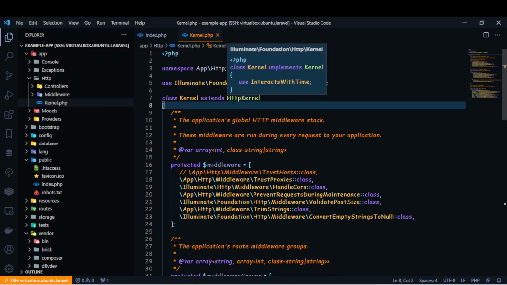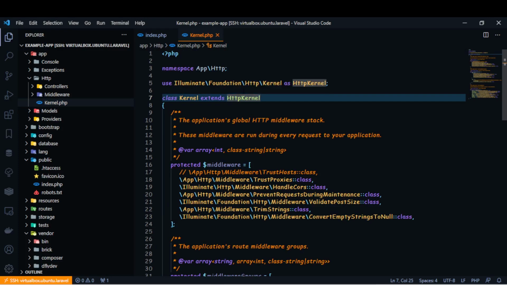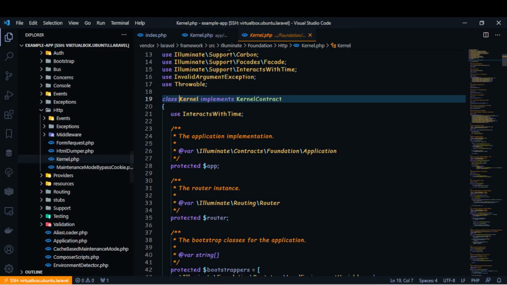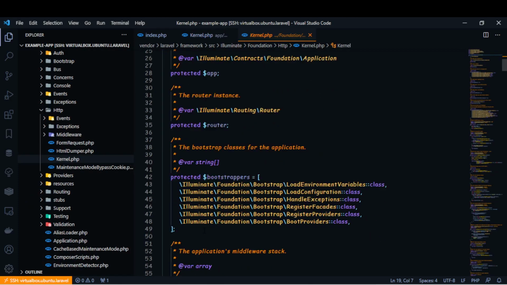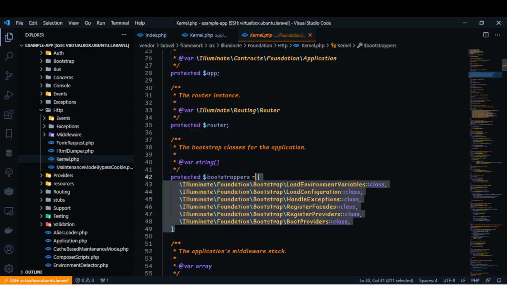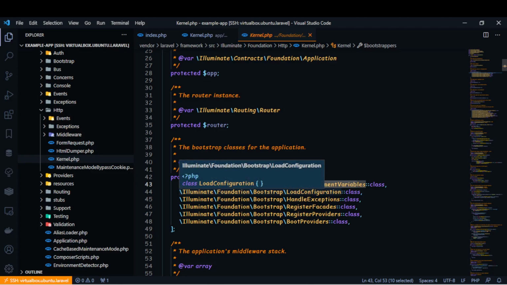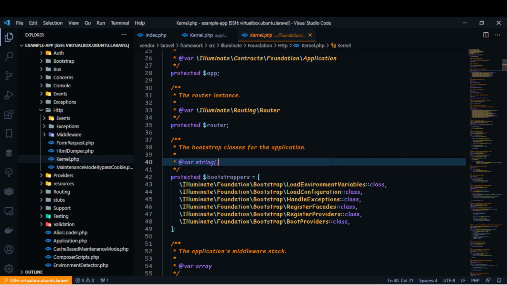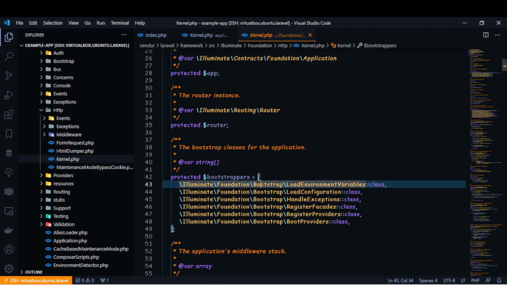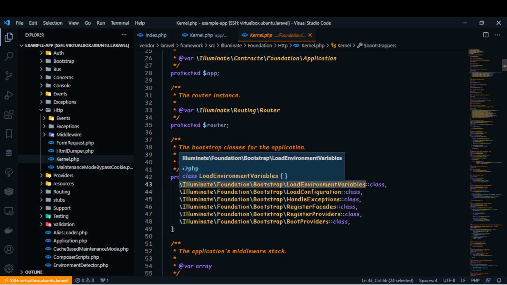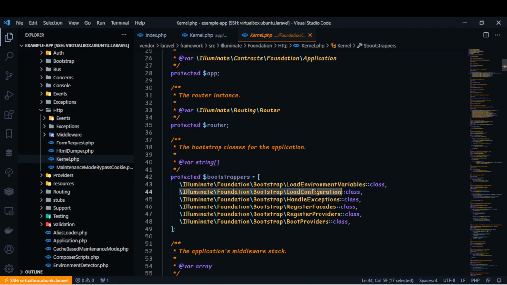which is extended by HTTP kernel. So if we go inside of this file, we can see this array, and all of those classes will be executed before the request. In this array, as you can see, there are classes like load environment variables that are needed before the request to be able to use them, and even load configuration and exception handler and some